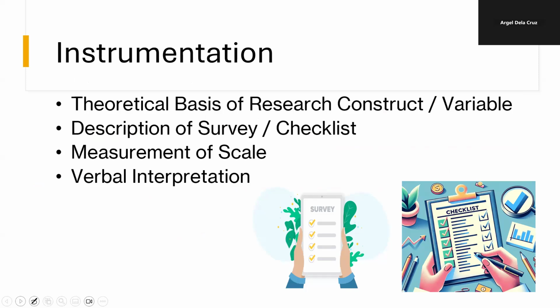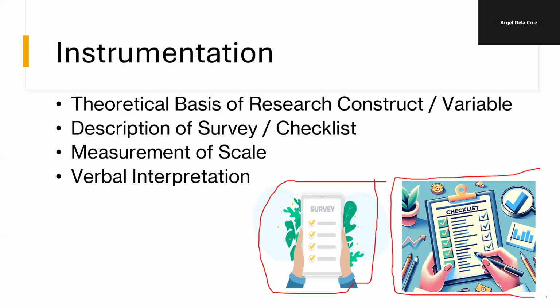Instrumentation. So basically, what do you mean by instrumentation? So again, your instrument could be a survey, in most cases, survey siya, or checklist. Paano checklist, sir? Okay. Again, katulad ng sinabi ko doon sa meron siyang visual obstruction or visual pollution. Pwede kasi silang gumamit ng checklist. So, ilista nila doon yung mga visual pollutions per area na designated nila. Actually, pwedeng sila mismo ang maging assessor, di ba?